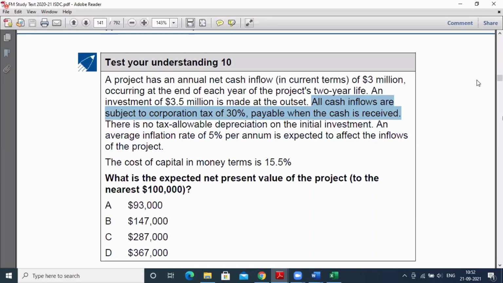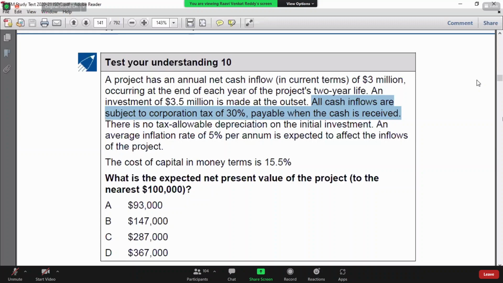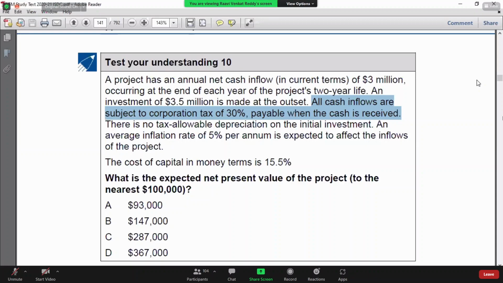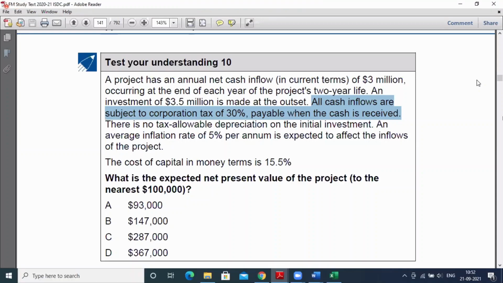So whenever you are expecting a cash inflow in that particular year itself, you assume that the tax is paid. It is a kind of advance tax, in simple terms. Is that clear? So, sir, we predict the cash flows and take the taxation on that value. Yes. Okay, sir. Thank you.